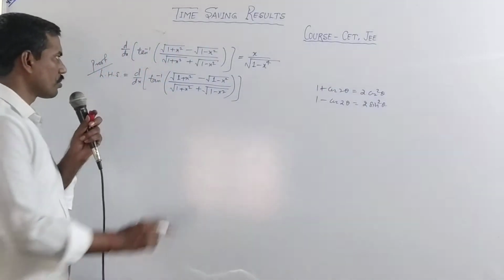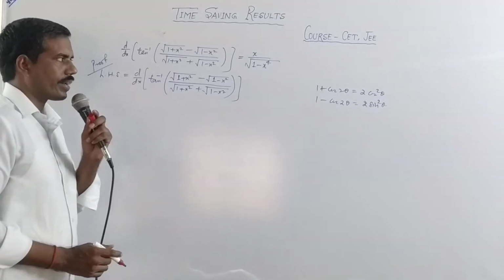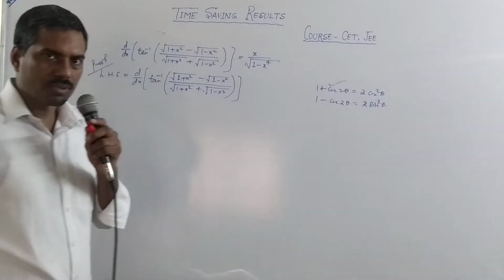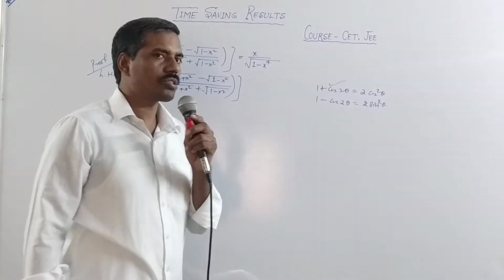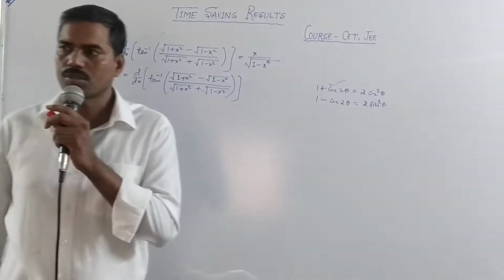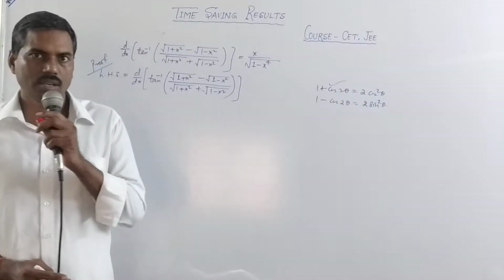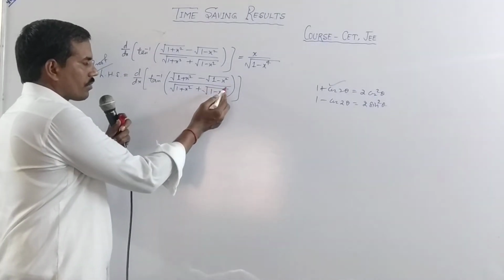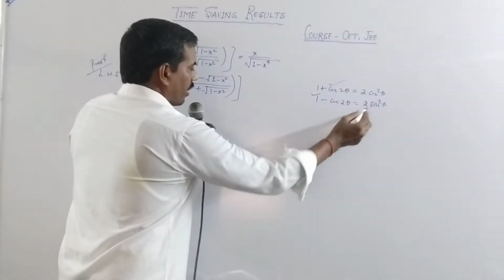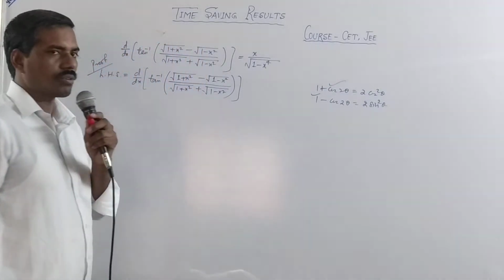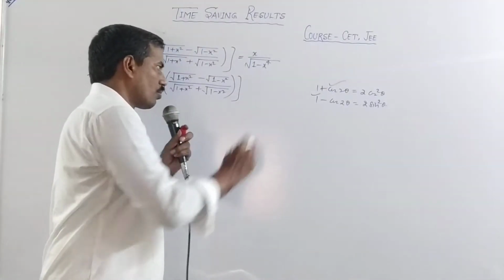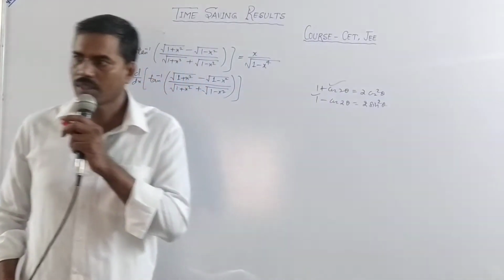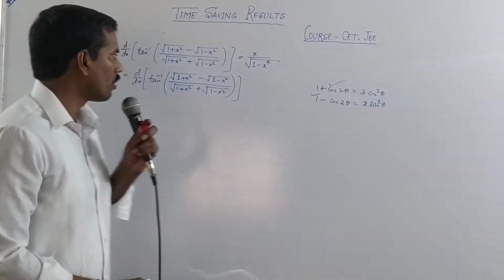So if we substitute the value of x square as cos 2 theta, we get 1 plus cos 2 theta, which is equal to under root of 2 cos square theta, and the square root of cos square theta can be found easily. And when we put x square as cos 2 theta, we get 2 sin square theta, which is in square root, and we can find the square root of sin square theta easily. Okay, so substitute the value of x square.